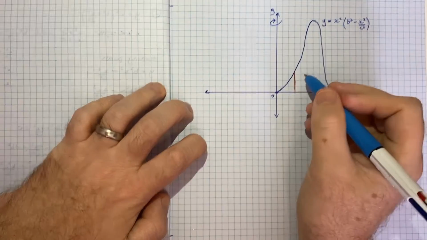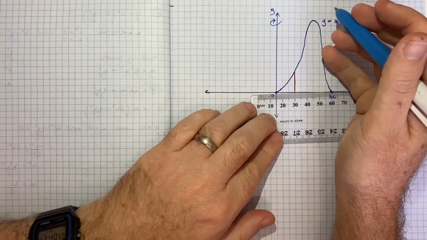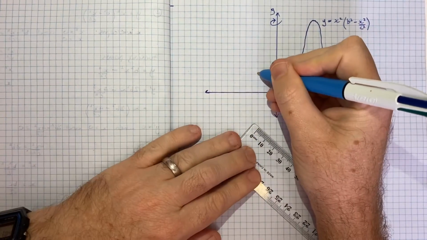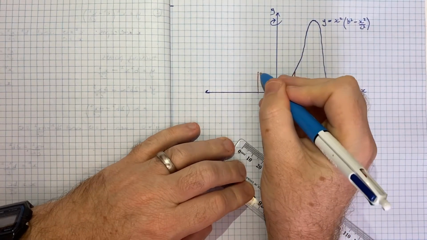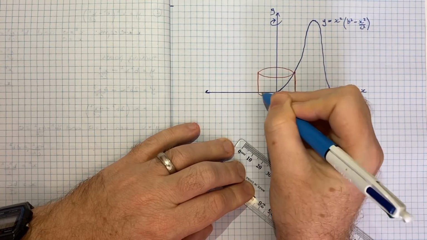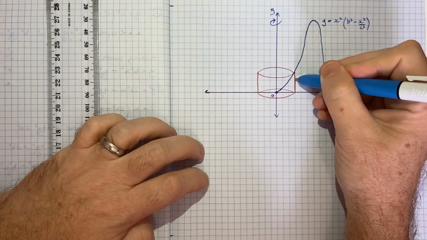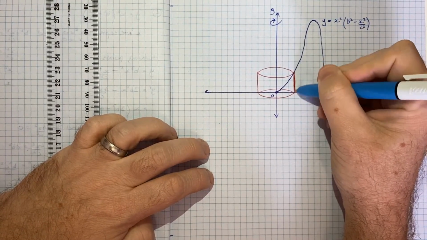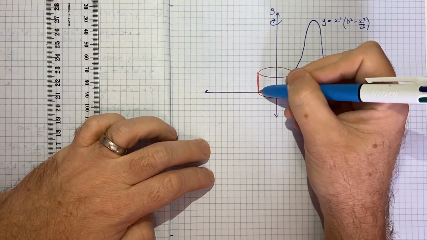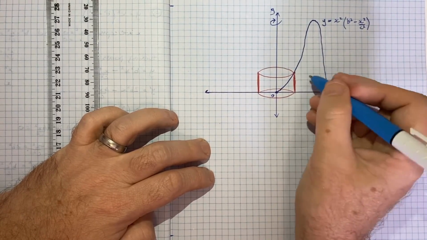And I like to think of this, if I just first draw up what we're dealing with. So if I'm going to rotate it, what we'll get is this cylinder. And the idea is that this cylinder will have a certain thickness to it, and just like with the technique of slices, we want the thickness to get smaller and smaller and then add up